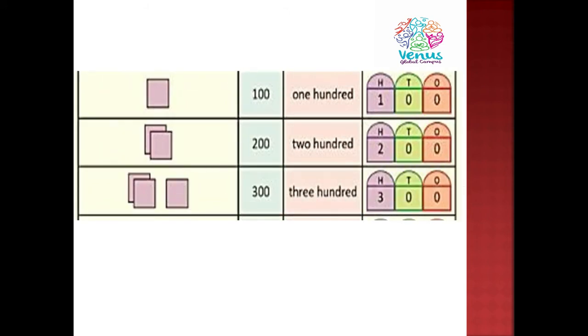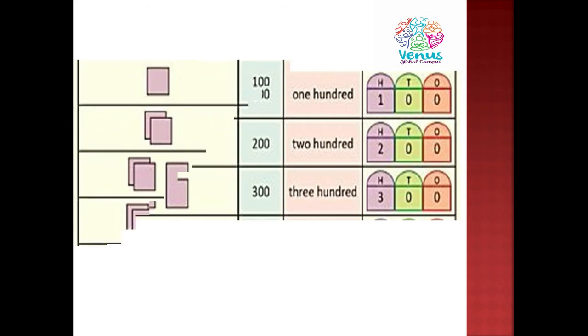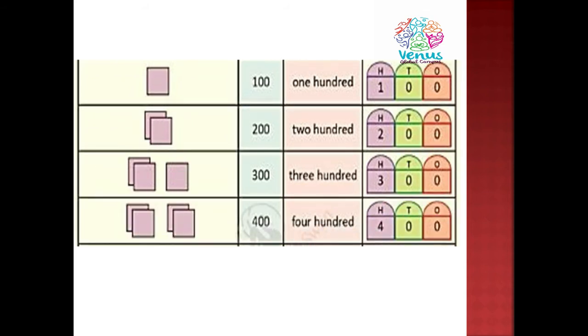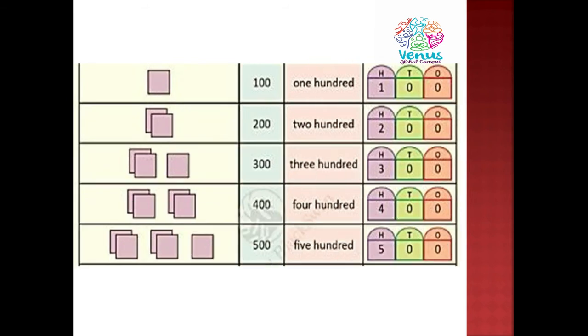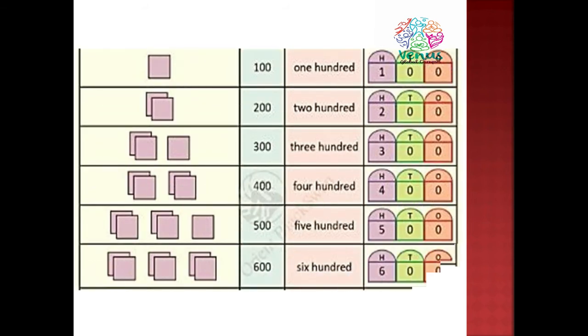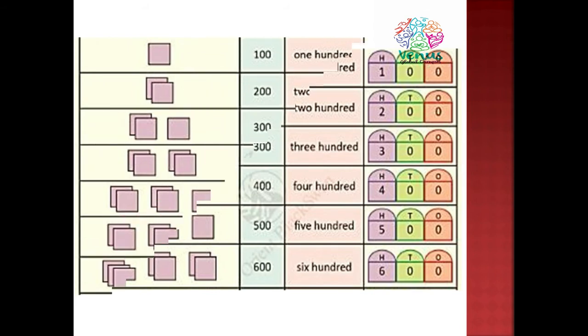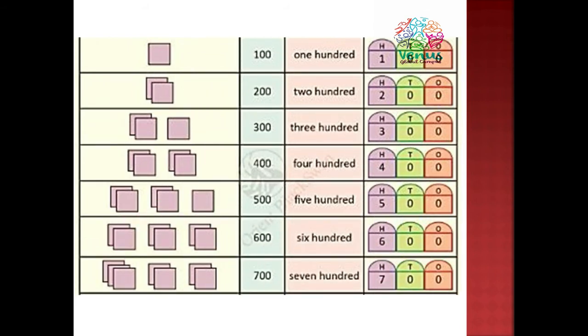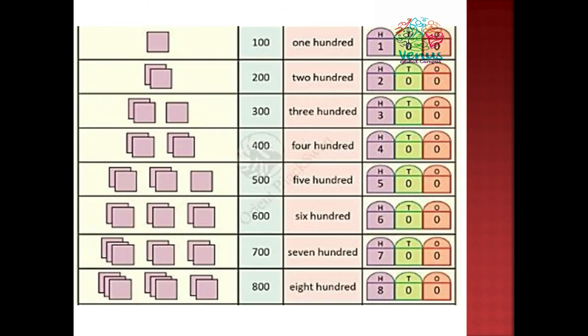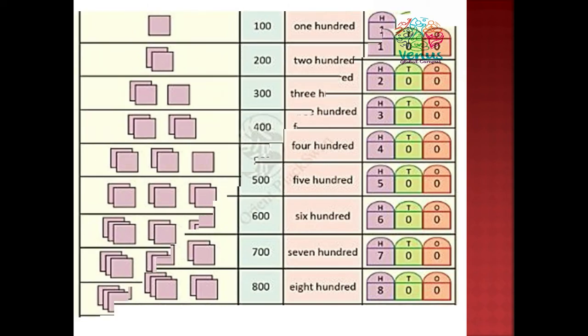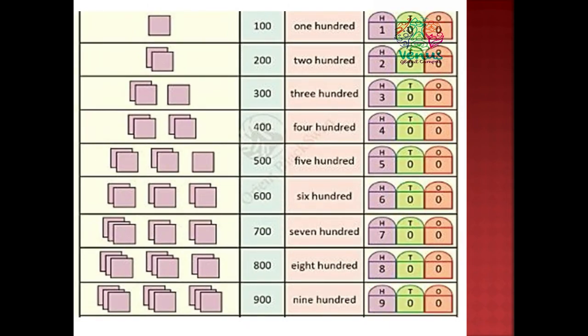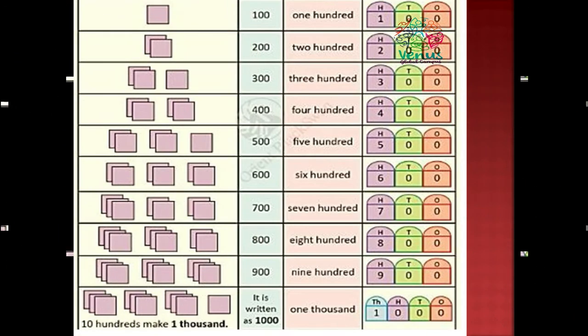Similarly, if we have 3 squares, it means 300. For 300 also, 3 in the hundreds place, 0 in the tens place, 0 in the ones place. Likewise, 4 big squares means 400, 5 big squares means 500, 6 big squares 600, 7 big squares 700, 8 big squares is 800, 9 big squares 900 and the last, 10 big squares make